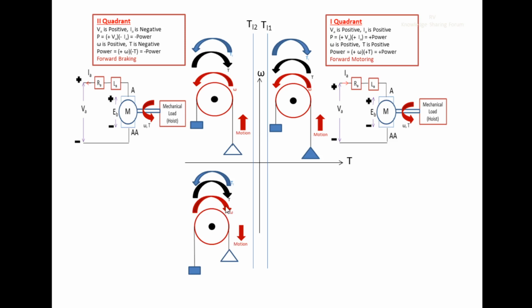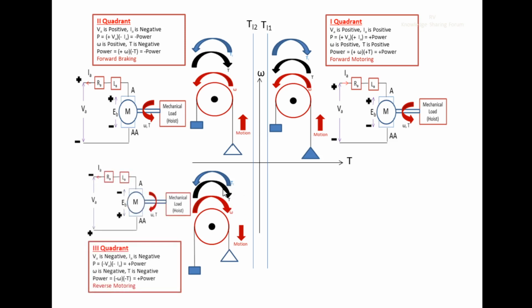Now, in order to provide this motion, we are in need of a torque. Since the motion required is in the clockwise direction, the motoring torque required is also in the clockwise direction. So now we have to obtain this torque. How to obtain that? By using this motoring torque, we can provide the motion to this empty cage so that it can be pulled down, and the motion in the downward direction can be achieved. For that we are using this electric motor.